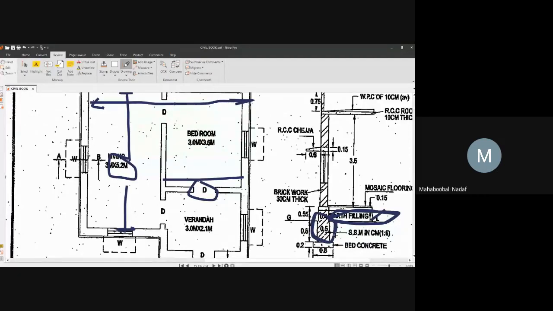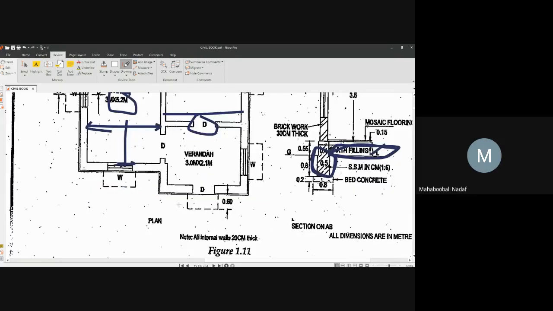Just beneath the tiles, you are filling one part, and another part you are filling in the trench which has been excavated. There is a thumb rule to calculate the trench filling. Whatever excavation quantity is there, just multiply by 1 by 5. Means 1/5 of the excavation quantity gives you the trench filling. That is one thumb rule. Apart from that, how to calculate this one? You need to get this inside distance, from here to here, leaving the DPC thickness.